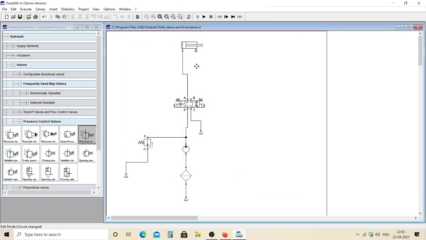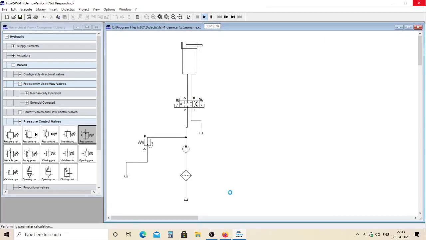Now you can connect this connecting rod side to B. Now the circuit is okay. Now you can check whether the connections are open or not. Just click at this F button. It will give a better idea. Now in this case the circuit has no open connection. You can check.